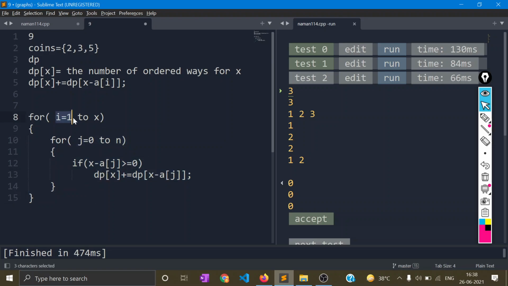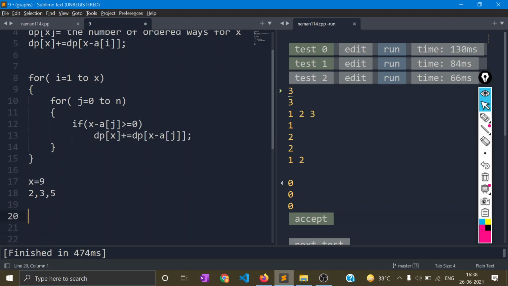So let's see how the approach is working. Let us take the example given in the test example. x is equal to 9, and so initially the array would be like 1, 2, 3,